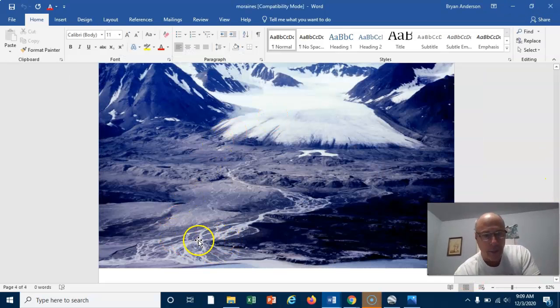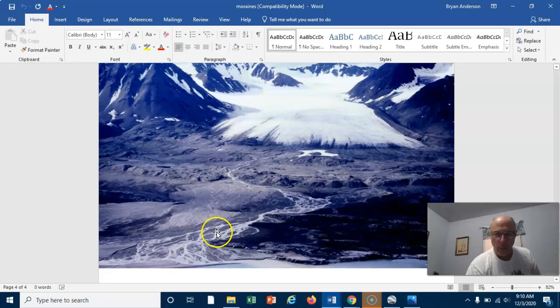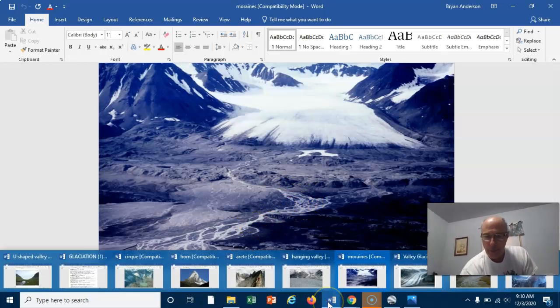So it's going to create a very subdivided stream channel, and we call that a braided stream. Can you picture all these multiple channels created because it's carrying so much sediment and it can't move it all, and so there are multiple stream channels, and it kind of looks like something is all woven around, braided, if you will. And even back here, where the stream is mostly one channel, probably a little steeper gradient here, but then when it gets through this terminal moraine carrying all this sediment, the channel gets greatly subdivided. And so then if we go back to that picture here, this is a braided stream,